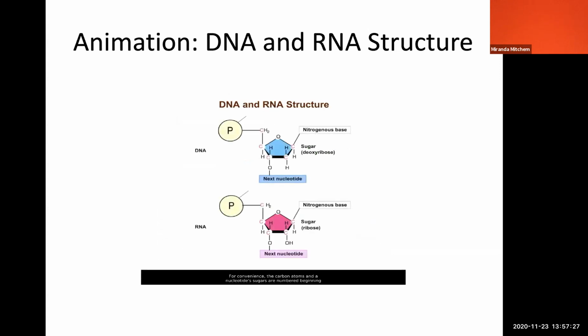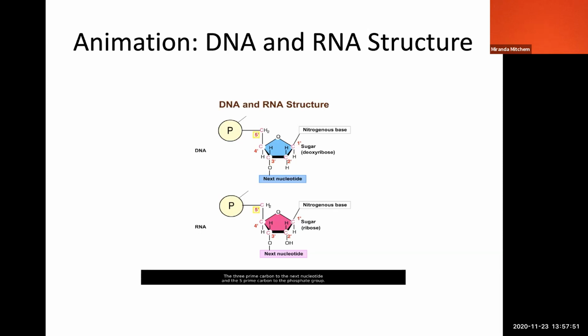For convenience, the carbon atoms in a nucleotide's sugars are numbered, beginning with the carbon atom bonded to the nitrogenous base, moving around the ring and up to the carbon that is bonded to the phosphate group. The 1' carbon is bonded to the nitrogenous base, the 3' carbon to the next nucleotide, and the 5' carbon